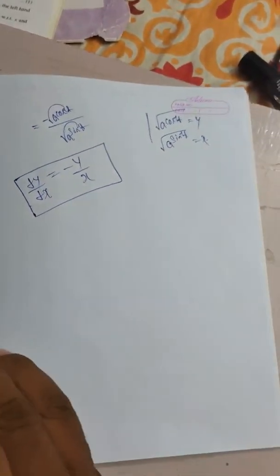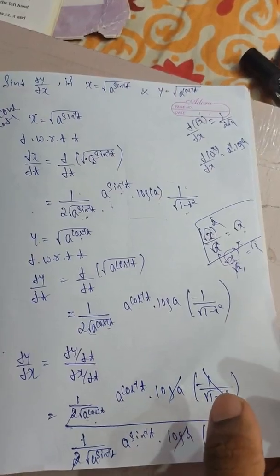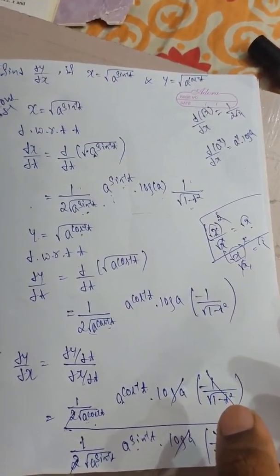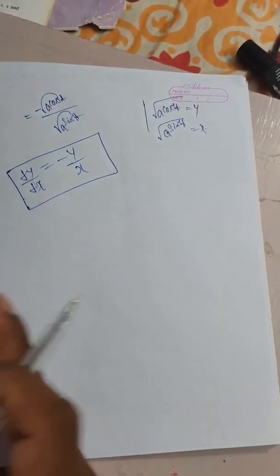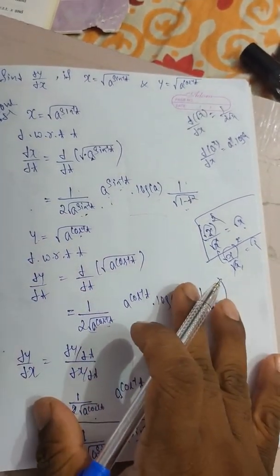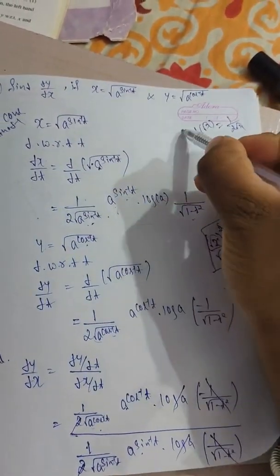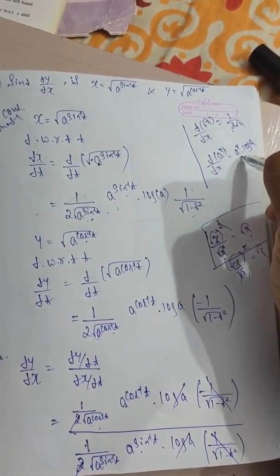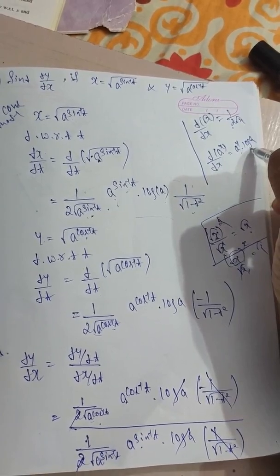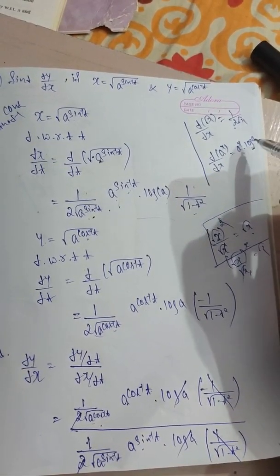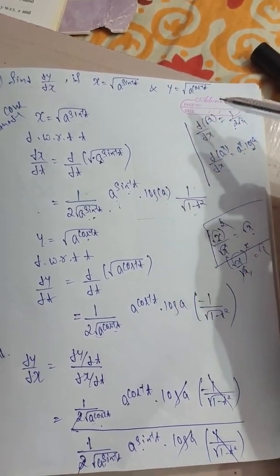So this is a very important problem. They are repeatedly asked in exams. So yeah, take a screenshot and copy it to your notes. One thing you want to remember: the differentiation of root x is 1 by 2 root x. The differentiation of a to the power of x is a to the power of x into log a. Don't forget these formulas, and practice this problem repeatedly. This is method 1.